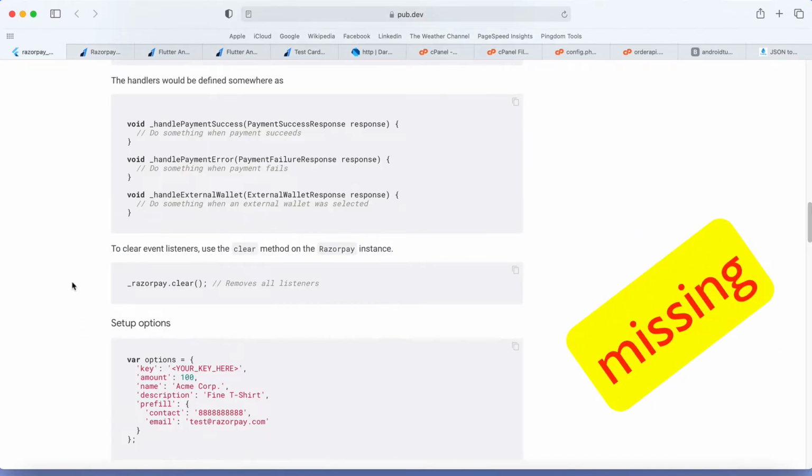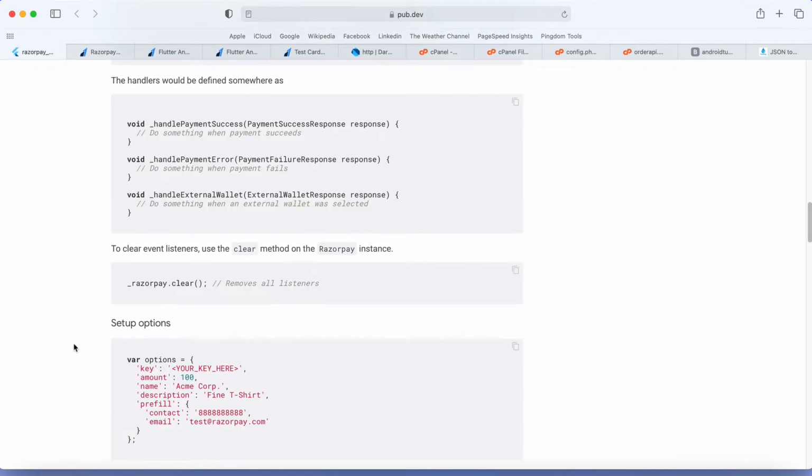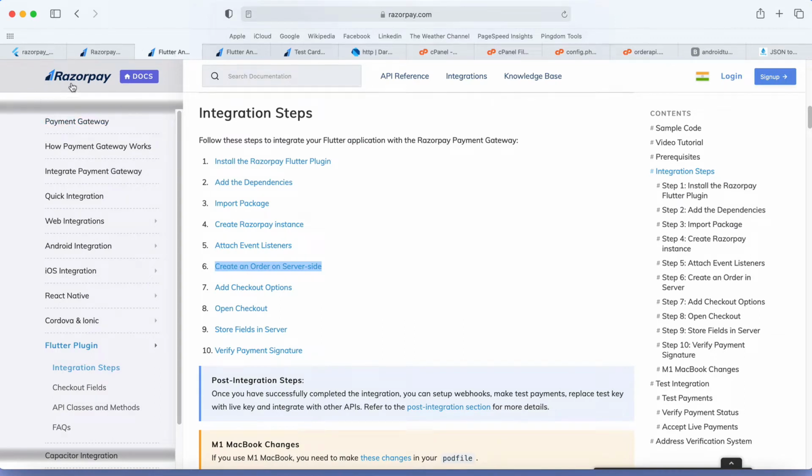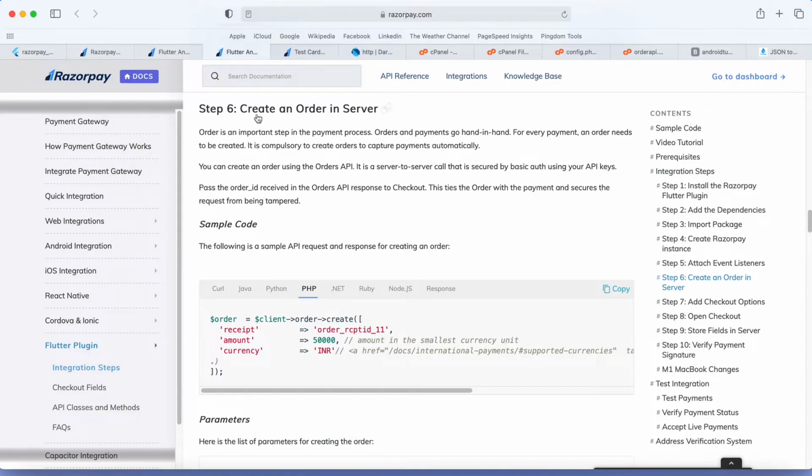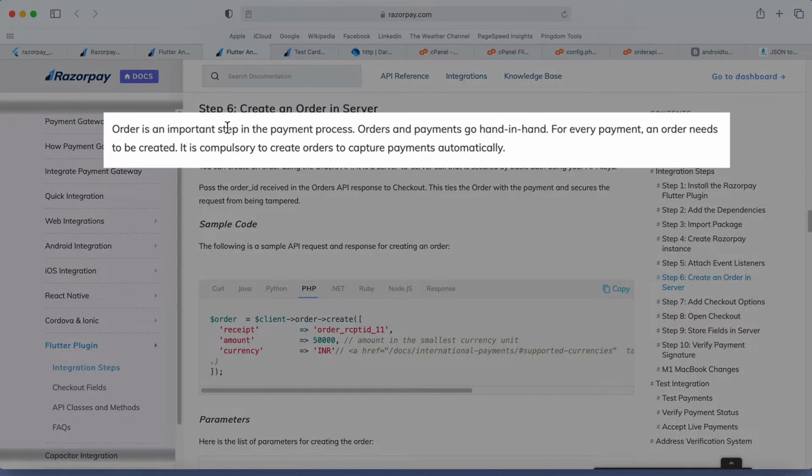In this official documentation they didn't mention the order ID. As you can see, in the options parameter there is no order ID. But if you see the Razorpay documentation, it says to create an order ID, which is compulsory. It is mandatory to create an order ID to capture payment automatically.